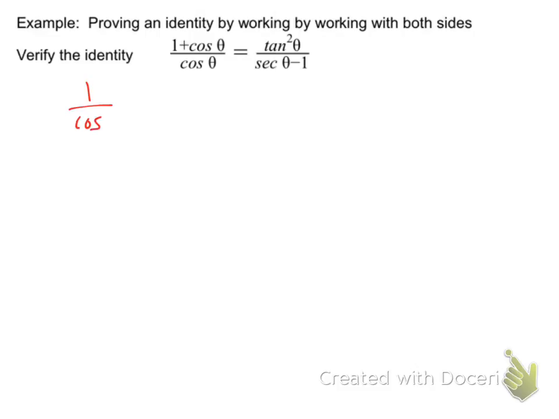1 over cosine theta plus 1. Well, we'll write it out. Cosine theta over cosine theta. Split them to their own denominator. Ooh, well, what about the other one? Could I multiply that by secant theta plus 1 to the top and bottom? This is not the only way to do this problem. But if you can't see anything else, maybe